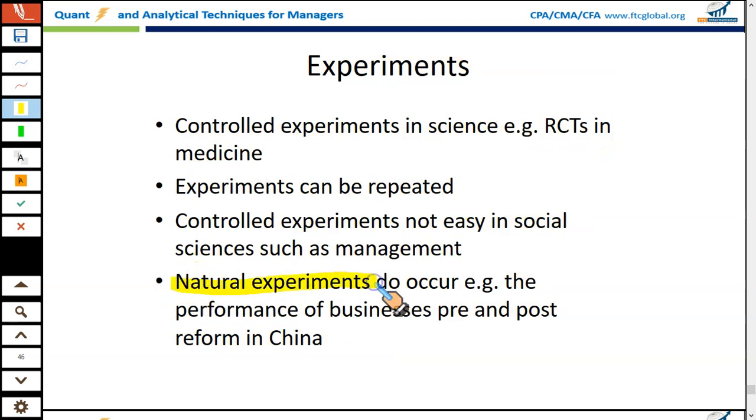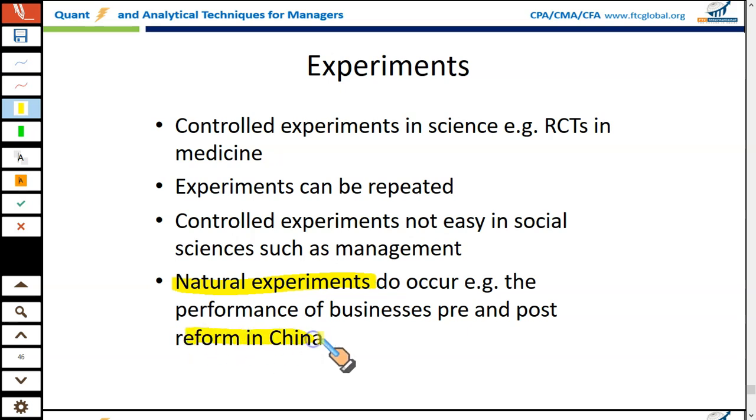So what are natural experiments? Natural experiments are unique types of research used especially in situations where controlled experiment methods are not feasible. So basically, a researcher is taking advantage of some naturally occurring circumstances rather than just constructing a situation to conduct an experiment. The typical example given here